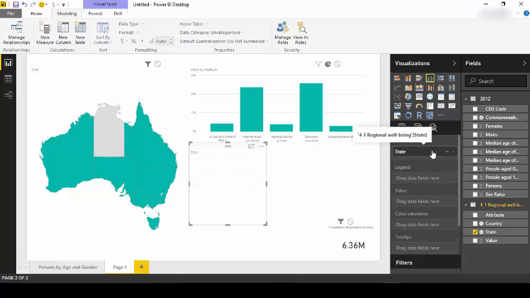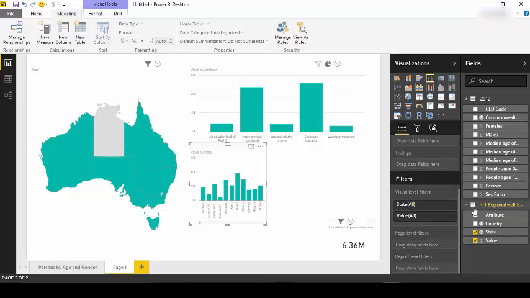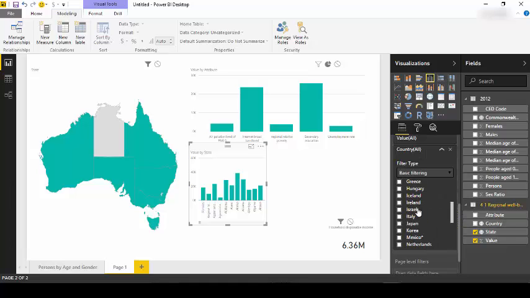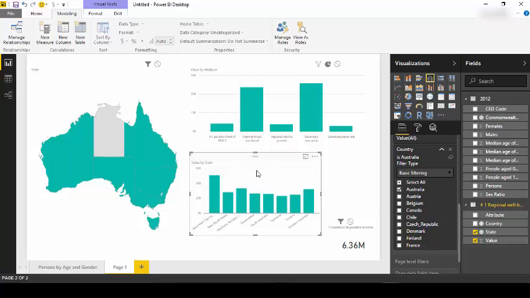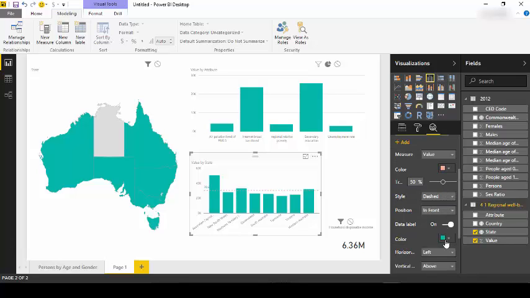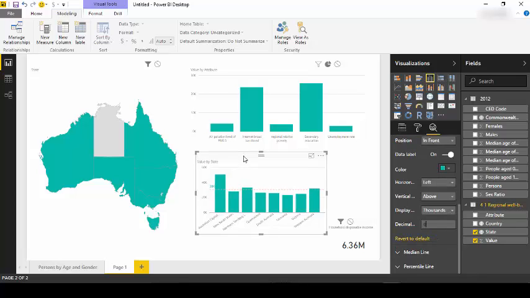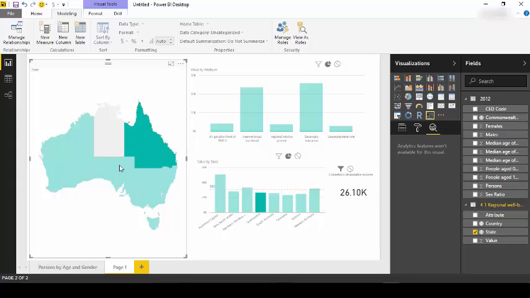Another graph this time. And we'll just filter on Australian states. We can go ahead and add in our new feature, which is the Analytics tab. We're just adding in an average line, very simply, very quickly. So we'll go ahead and rename this tab,